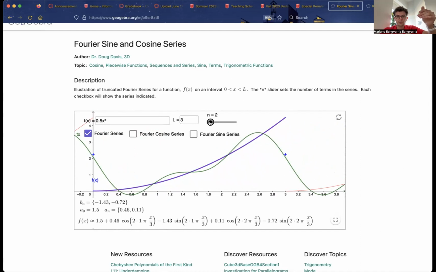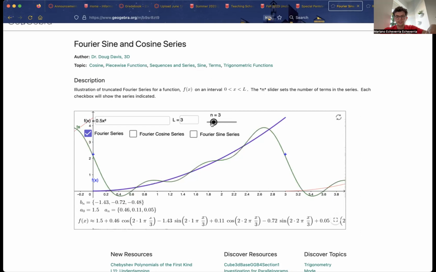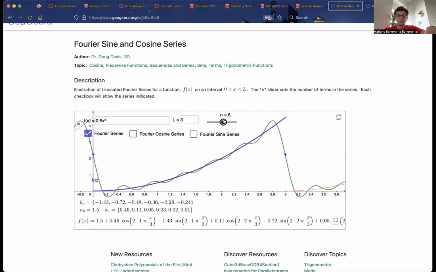If you add more terms in the linear combination, this combination of cosines, it's a big approximation, so that is no longer even showing fully on the screen. But if you add more and more terms, I don't know if you see that the blue and green curve start resembling, looking more and more similar. So the idea of the Fourier series is that you can approximate, in a sense, almost any given function as a linear combination of sines and cosines,